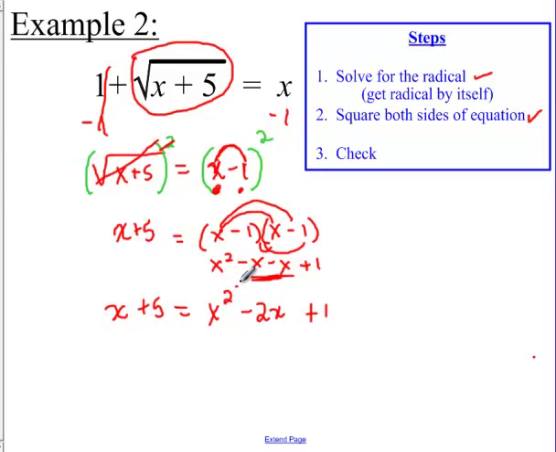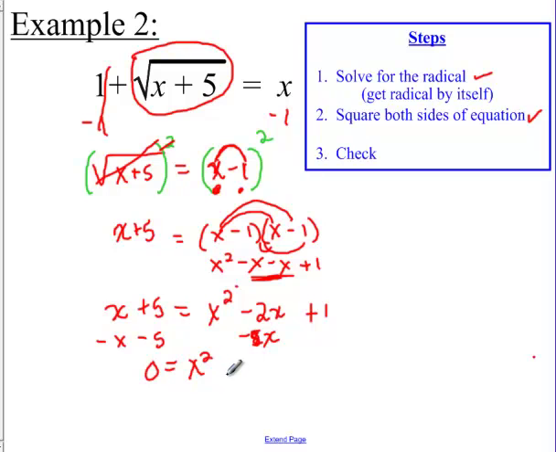Every time we see a squared, we're going to have to set equal to 0 and factor. So we have to set this equal to 0 in order to factor and solve. So let's move everything from the left to the right. We're going to subtract x, subtract 5, do it to the right-hand side, and we'll get x squared